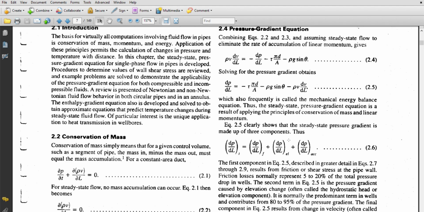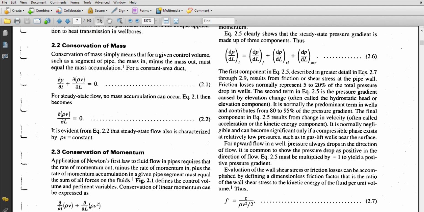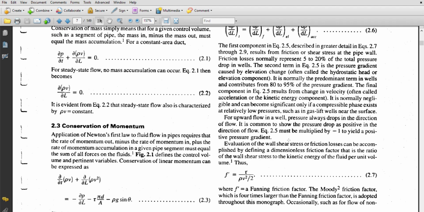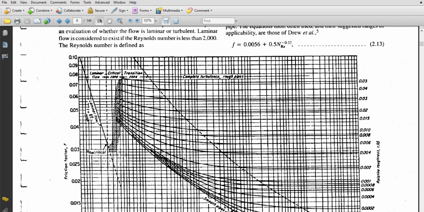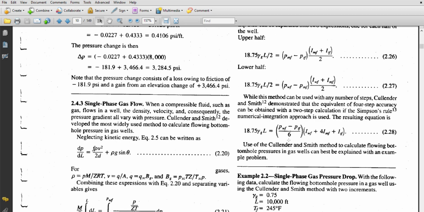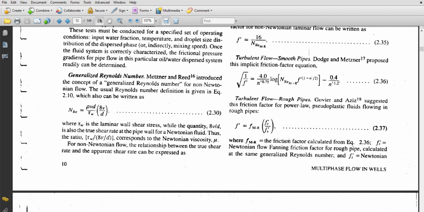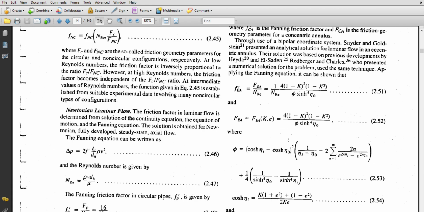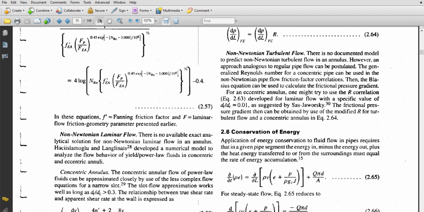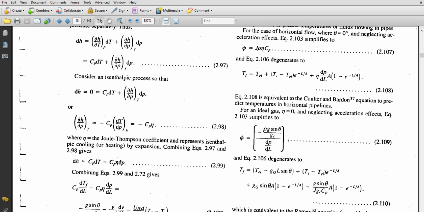And when we talk about friction, the derivation of the dP/dL comes up here, and then we talk about this. Okay, next